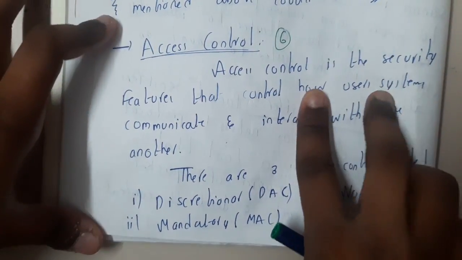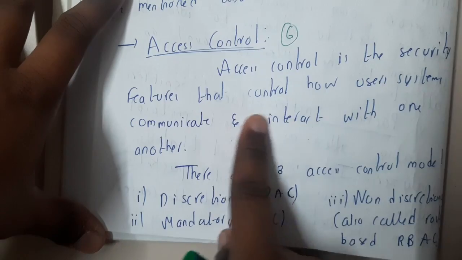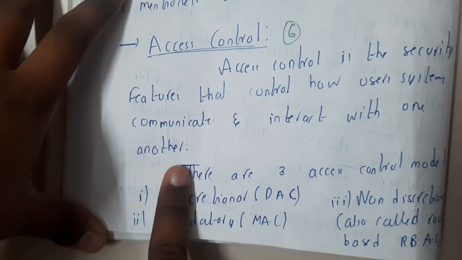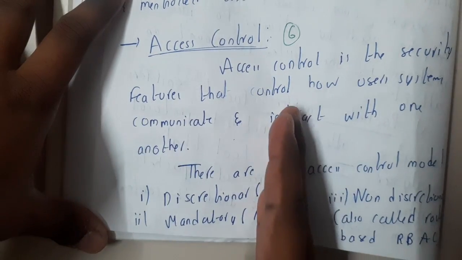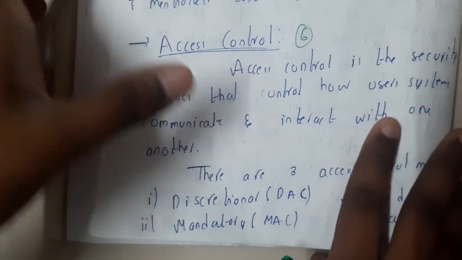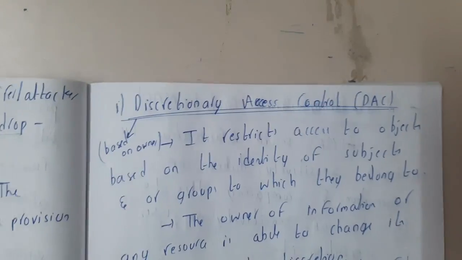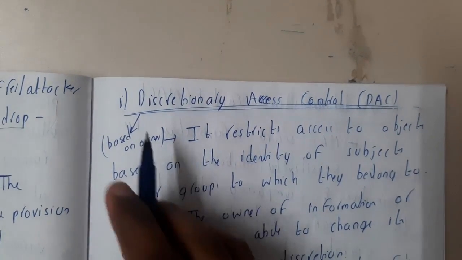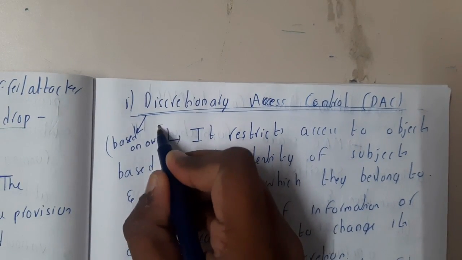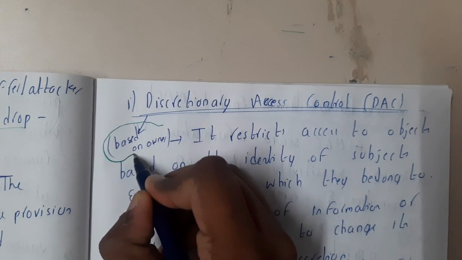Access control is the security feature that controls how users and systems communicate and interact with one another. So basically I can interact with your system with some rules. We have three different types. The first type is discretionary access control. A simple thing to remember is that this is completely based on